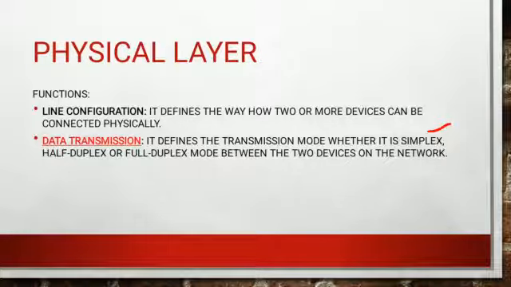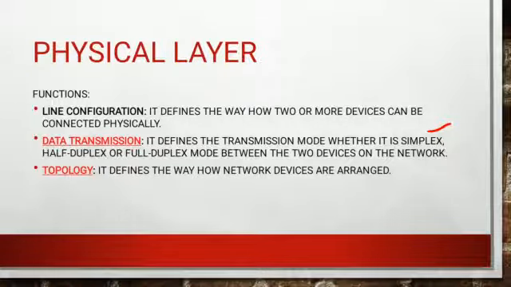So both directional moving of trains is possible, but at a time only one train will travel through that railway track. So that is the example for half duplex. Full duplex means at a time both directional data transmission, for example, mobile chatting or mobile calls. Mobile calls means it is possible for both callers, either the sender or the receiver, both to talk at the same time. So that will be possible with full duplex mode.